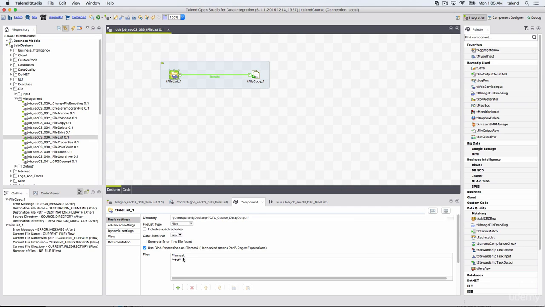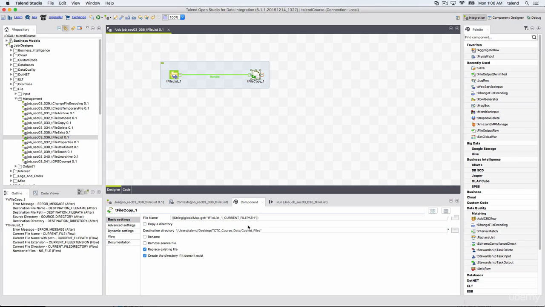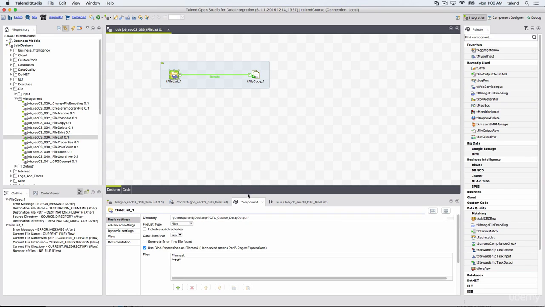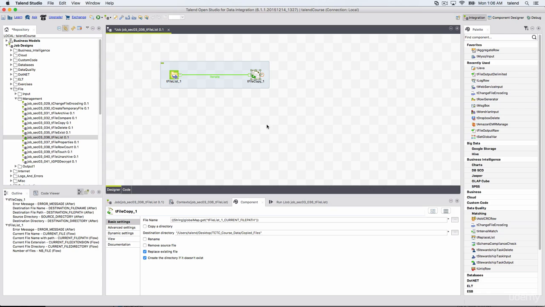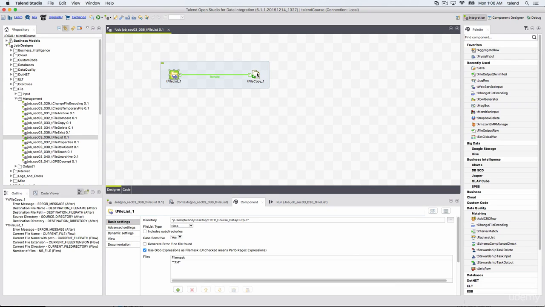But now we are going to use this file list. What it does is read different files, whatever we mention here, from a directory. That means if there are 10 files, it will iterate those 10 files, one file at a time. So what's happening here is it is reading files one by one, and then we are copying those files to a different directory, one after another. But this copy stage should know which file it is iterating at that time.